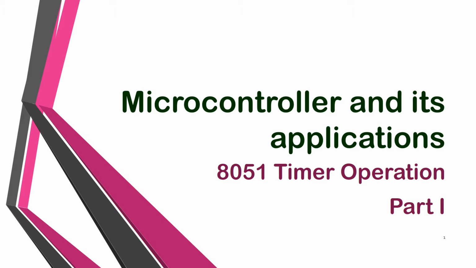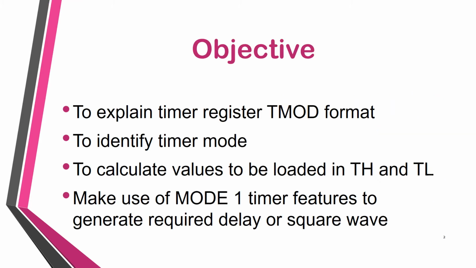operation and the activities. The program which is written for a particular operation, so as to generate the respective delay or to monitor something, includes whatever necessary conditions or parameters are related to that particular timer. In this session we will be discussing various points related to timer. This is the first part, where I have shared something about mode 1. In the second part I will be sharing about mode 2.